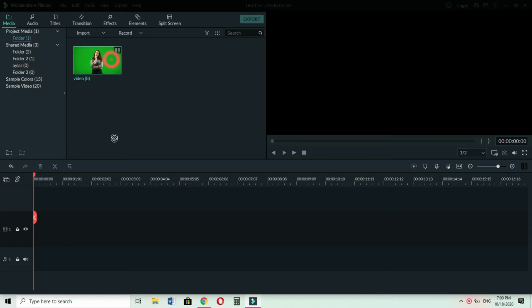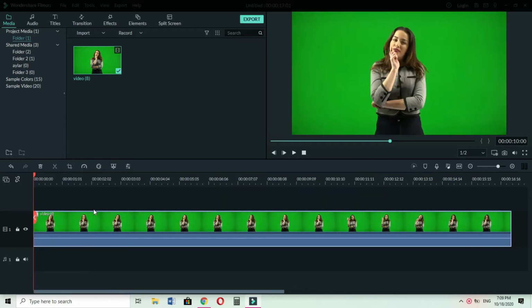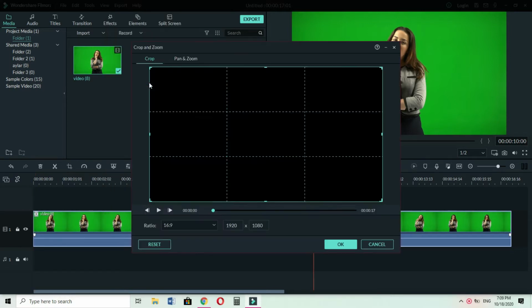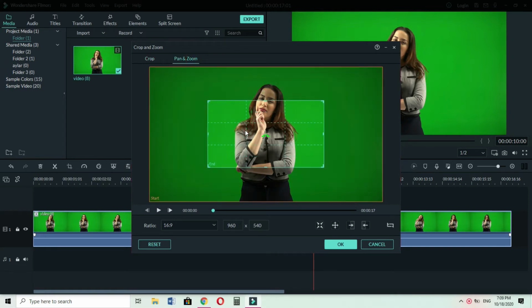At first, as always, we must import our files to the timeline. Then bring the mouse on the video and select crop and zoom. From the opening window, select pan and zoom. And here we will select end rectangular. After that, we will change the ratio as custom